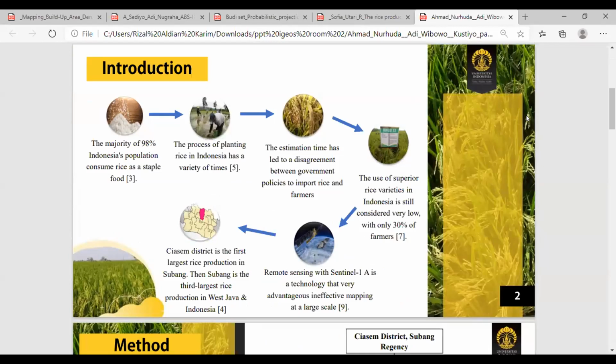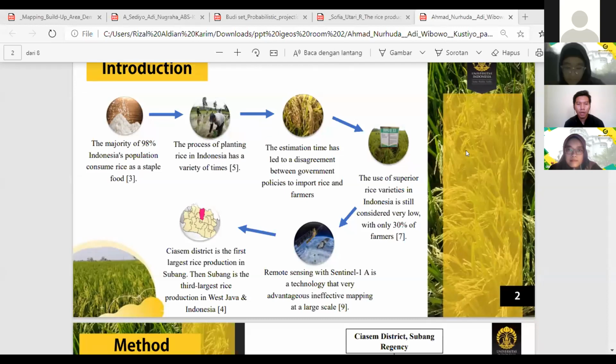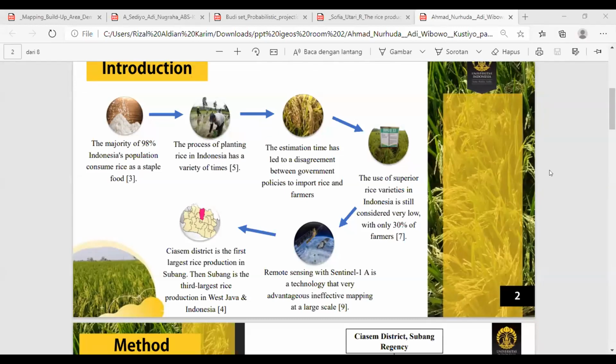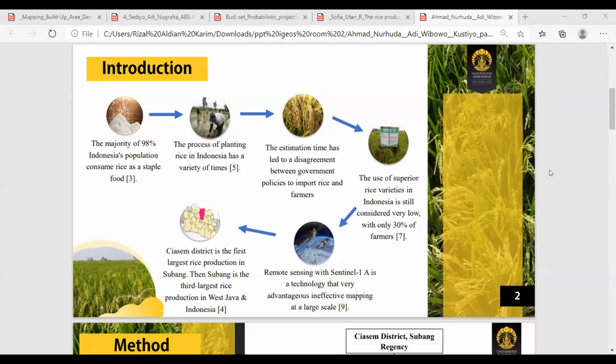rice as food, while production is only around 6 months. The use of superior rice in Indonesia is still considerably very low, with only 30% of farmers using quality and labeled rice seeds. In the current era, identification of growth phases and rice varieties can be monitored through remote sensing